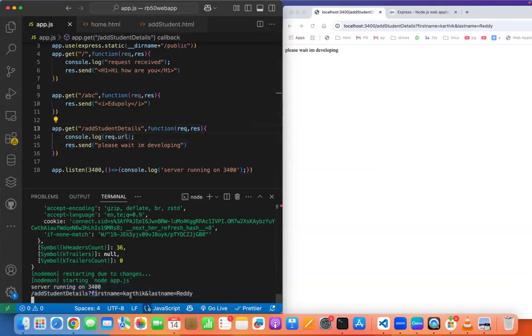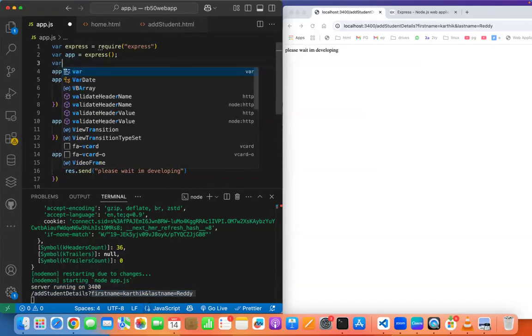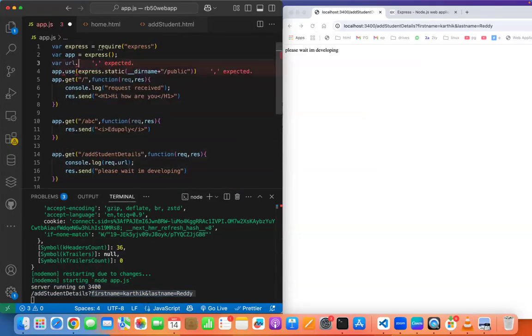So how to pull this particular details? I don't want the complete URL. What I really want is the first name and last name. That is the only thing I want. So from that, I had to filter out. For this, we have another package called url, where url is equal to